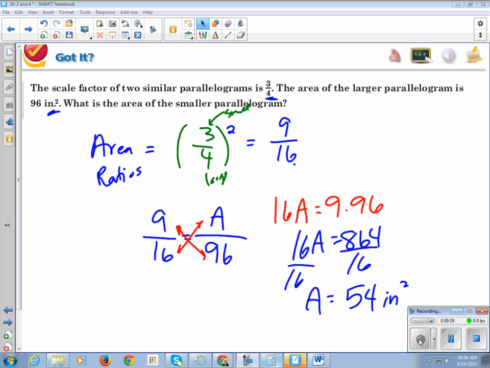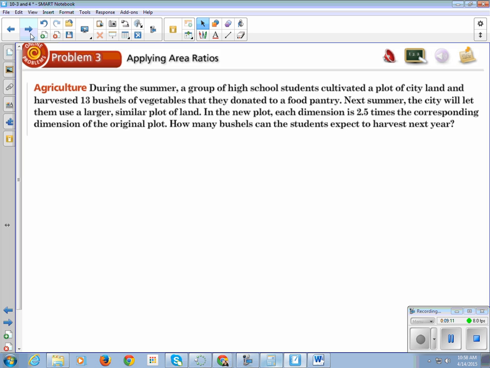All right. Problem number 3. Okay, so this is a word problem, so let me show you, if I were writing this word problem in my notes, how I would attack this. So the first thing I would do is write problem 3, applying area ratios on my paper. The second thing I would write down is